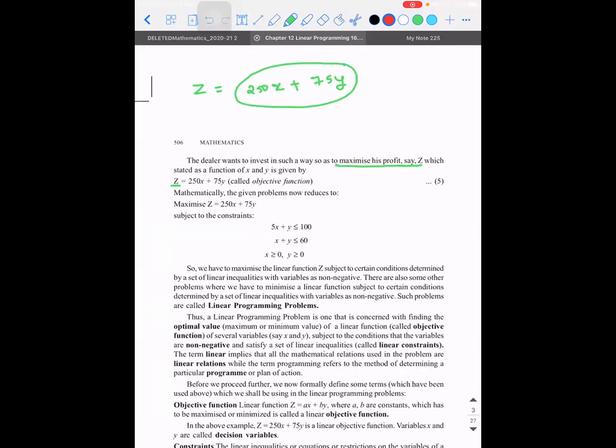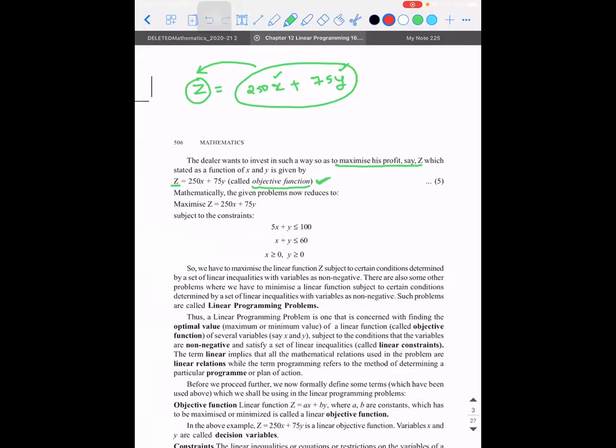If you see, this profit is also dependent on the number of tables and the number of chairs he buys. If you write this equation and equate it to Z, then this equation is called an objective function. Again, I'm repeating, you need not frame any of these things this year. Your work is only to solve the linear inequalities and go. So this objective function will speak about the maximum profit.